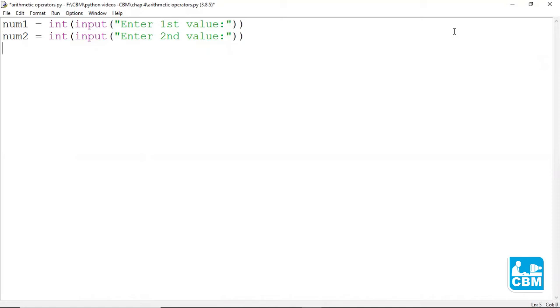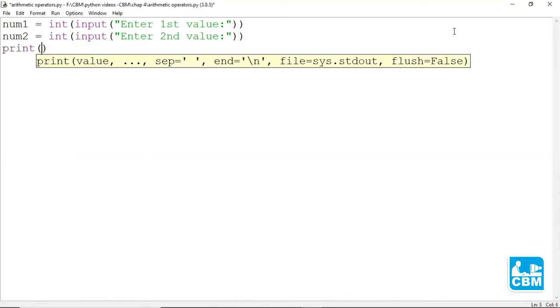Now I want to perform an addition operation on num1 and num2. So I will write the print statement first. Print addition of two values is, comma, the addition needs to be performed between num1 and num2. So I'll write here num1 plus num2.